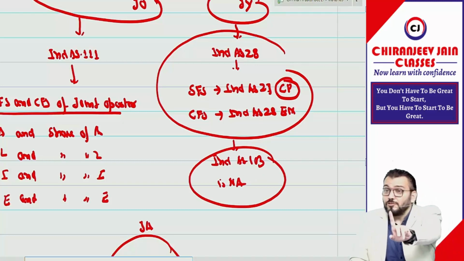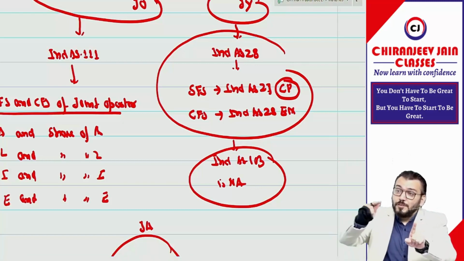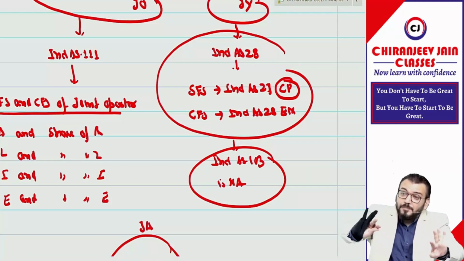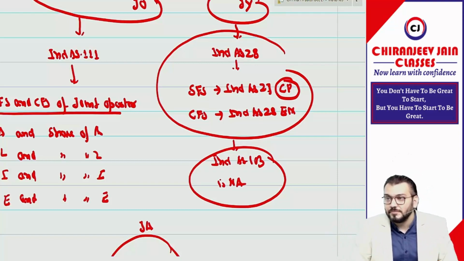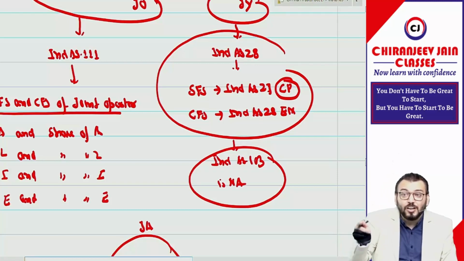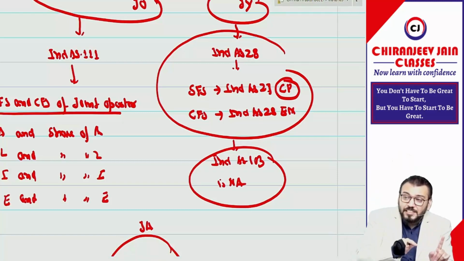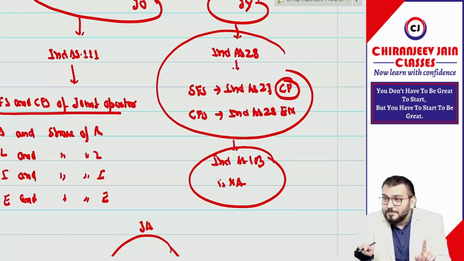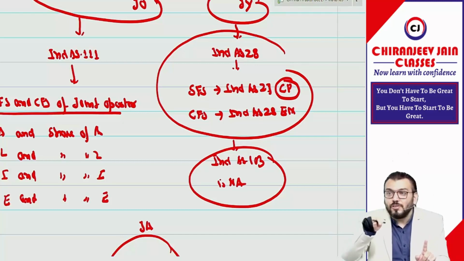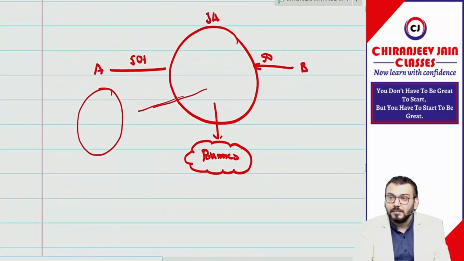Means we are not discussing joint venture, we are discussing joint operation. Formation of a joint venture is excluded from the purview of Ind AS 103, because in a joint venture the parties have a right to the net assets, not to specific assets. You remember? In a joint operation, the parties to the joint arrangement have a right to the assets and obligation for the liabilities. Therefore, these assets and liabilities will be included in their separate financial statements.